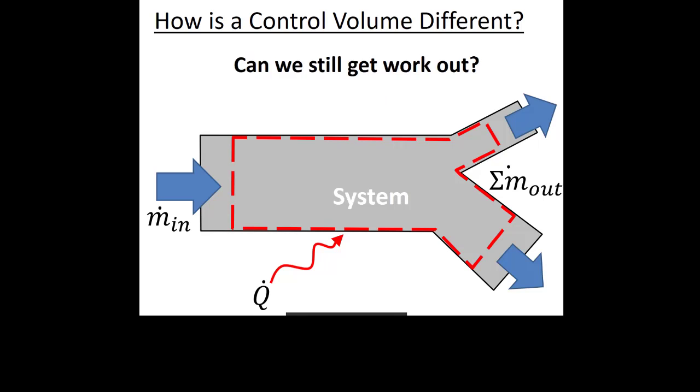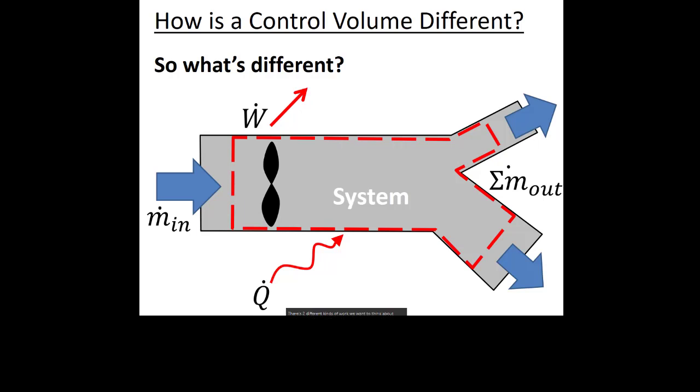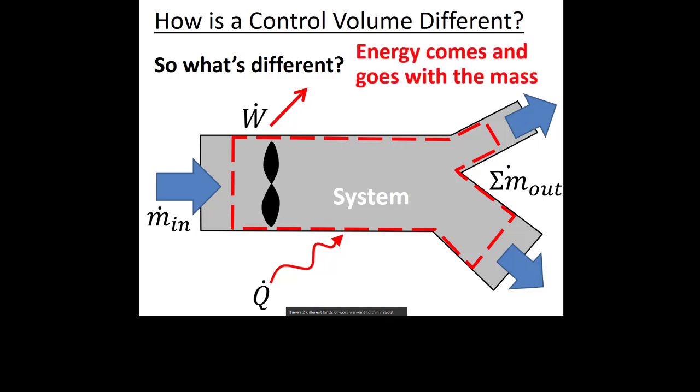This starts to get a little trickier, right? Can we still get work out of the system? The answer is yes. We talked about that turbine in that open system mass conservation example, but there you have this steam that's trying to expand. It's moving over these fan blades, and that steam is pushing that fan blade and causing a shaft to spin, right? So we're getting mechanical energy work by forcing that pressurized steam over those fan blades, right? So we can still get work, but there's two different kinds of work we want to think about here, right? Now, when we think about open systems, are there any differences, right?